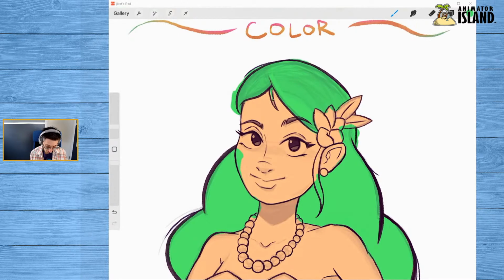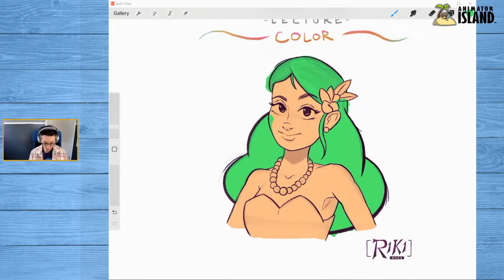Okay, so got this little hair strand and we've got this hair strand. Now, this is kind of messy. There are a lot of places where I've gone outside the lines and stuff. So in a few places, I'm going to clean that up, but I'm not going to clean it up everywhere because firstly, this is a demonstration. And secondly, it's okay to have things be a little messy at times.